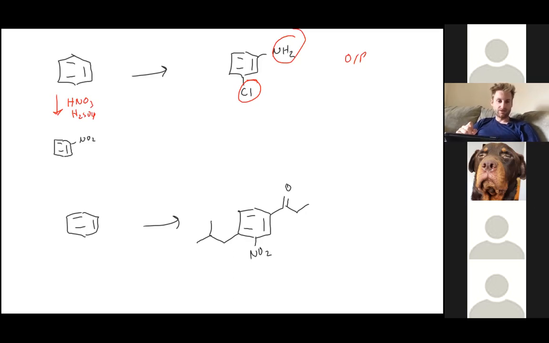So by adding this nitro first, we now have the correct director. This is a meta director. This has the ability to add Cl2 to it. So we should do that before we do something to change it and make it not have that option. If we were to reduce it first, for instance,